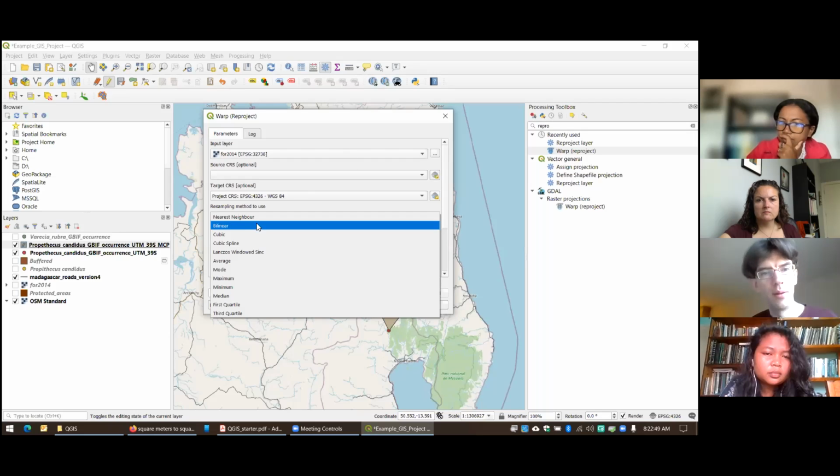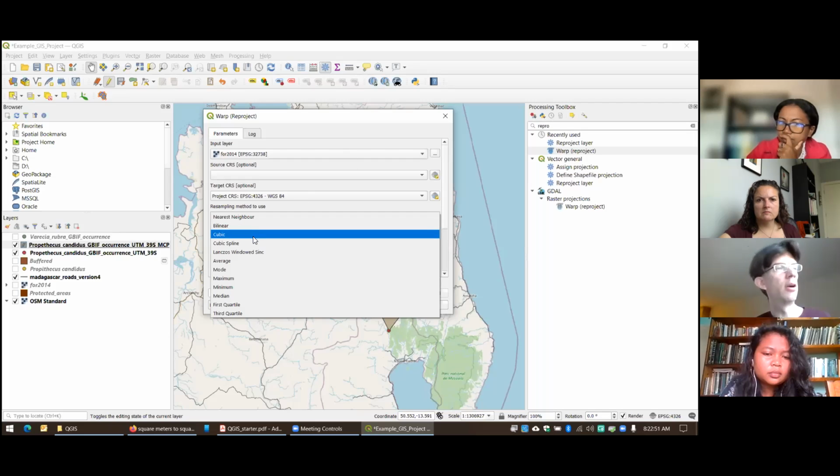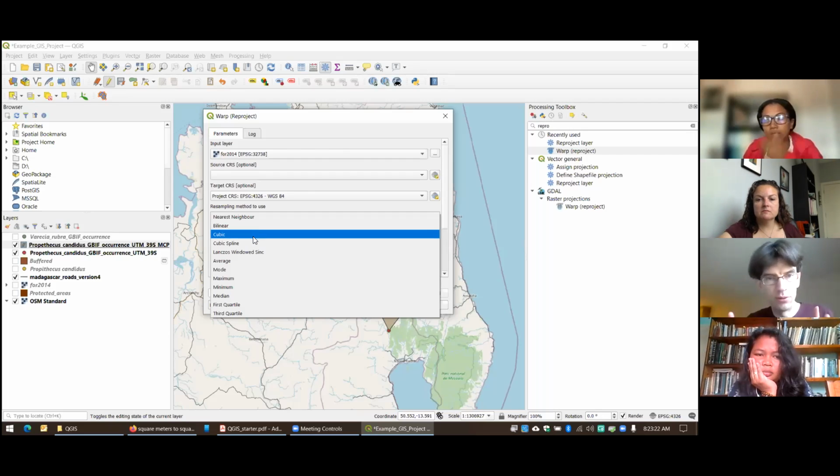Now, bilinear and cubic are better approaches for what is called continuous data. Continuous data are data that do not fit into nice little categories. You could have 5.723, and then you could have 5.923, and then you could have 10.1, and then 121.5. Your data could be anywhere. It doesn't have to fit in any nice little bins.